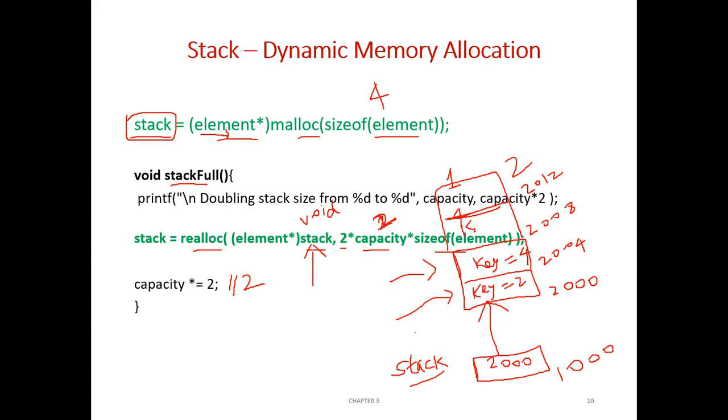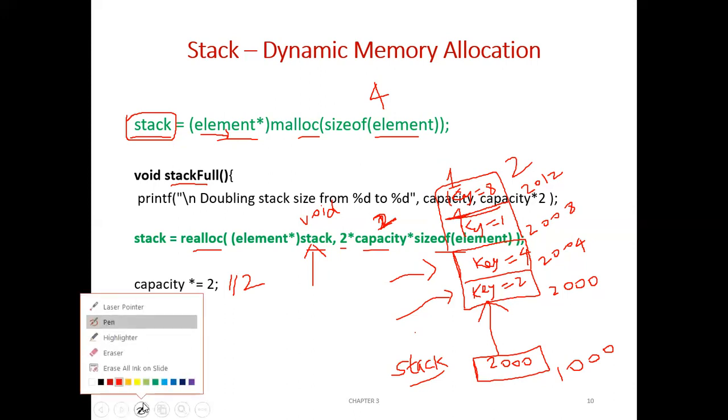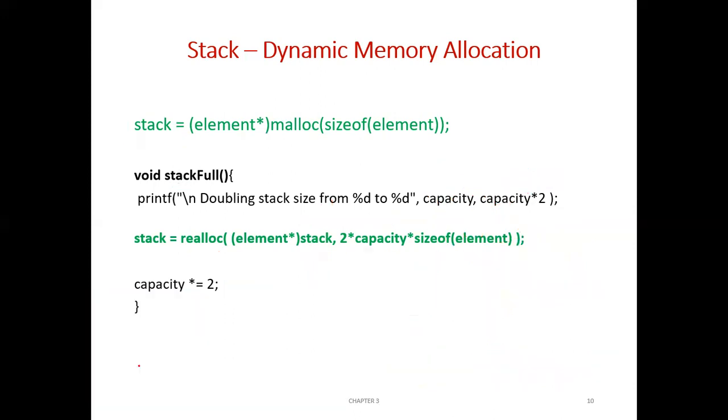So another value of key may be 1, the next key value. Okay. Next key value may be say 8. Okay. So the fifth time if you try to push, again the stack is full. So now the stack will be doubled. Already it has 4 elements. Now it will become another 4. Okay. So this is how we are going to make the stack grow dynamically whenever the stack is full. Whenever the stack gets filled, the size will be doubled. Right? That's what we are going to discuss.